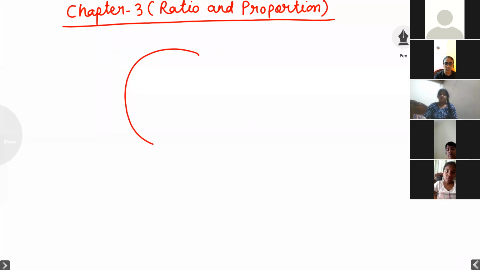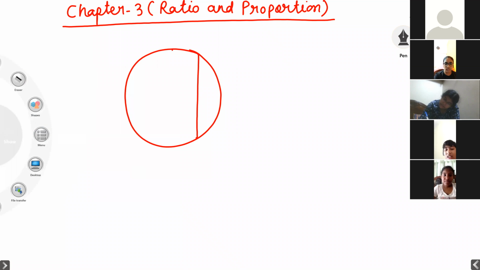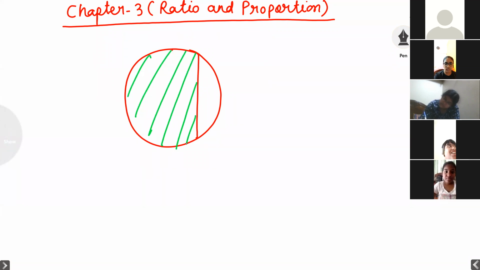The pizza example. Everyone likes pizza very much, I know. This is one pizza, and Rishit was very clever. Rishit ate more than half the pizza. His sister was also very clever. She said, I am not mad, you are eating more than half the pizza and I am eating less. Then his sister gave Rishit a punch. Yes, you ate more than half the pizza, I am eating less.